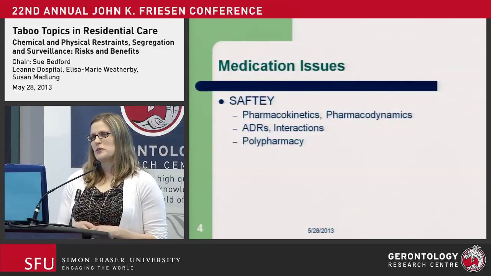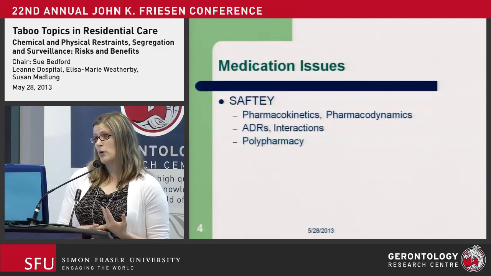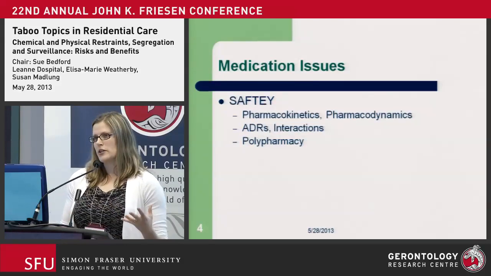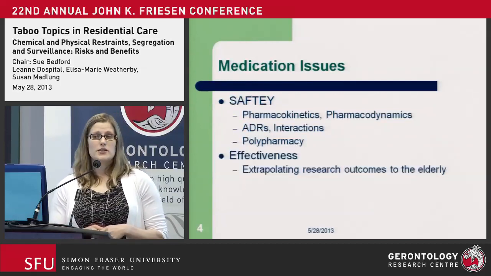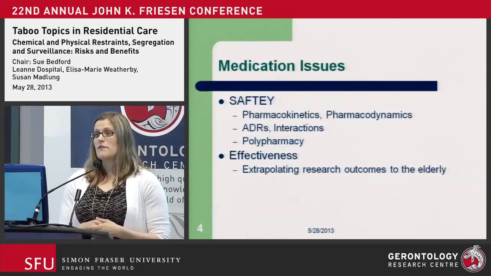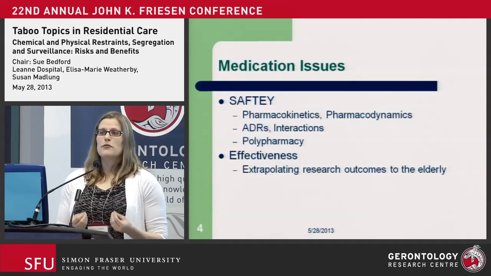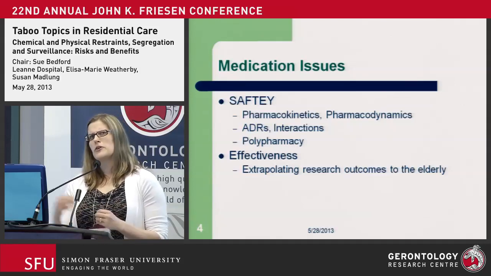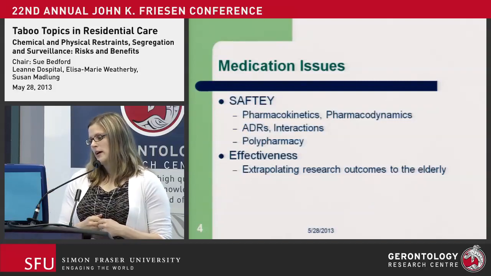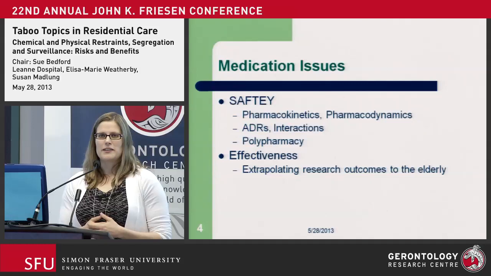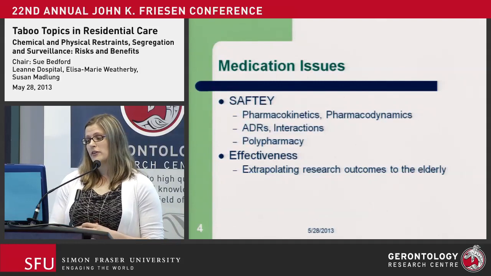There are a couple of definitions out there, basically saying that if you're using more than one medication for an indication, that could be considered polypharmacy, or just the sheer number of medications is also considered polypharmacy. Another thing I like to consider when we put someone on a medication is effectiveness. Is the medication actually working for what we prescribed it for? And if we don't have the information, and we're thinking about starting a medication on a patient for some problem behavior that we've deemed a problem, is there any research data looking at this in the elderly population? Probably not, or very limited, so we have to consider that as well.